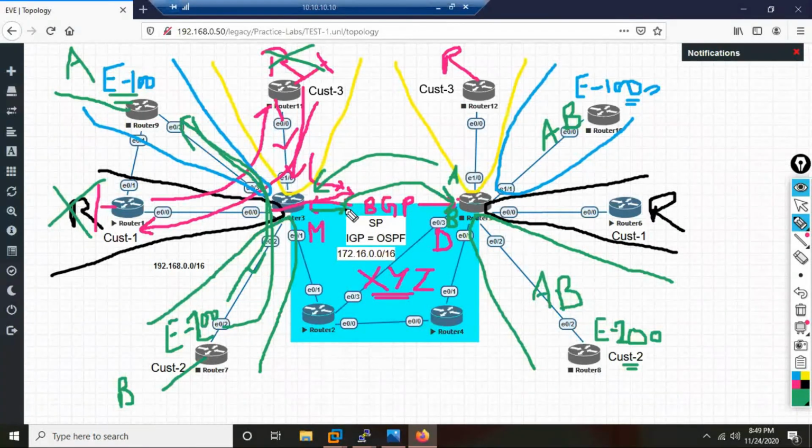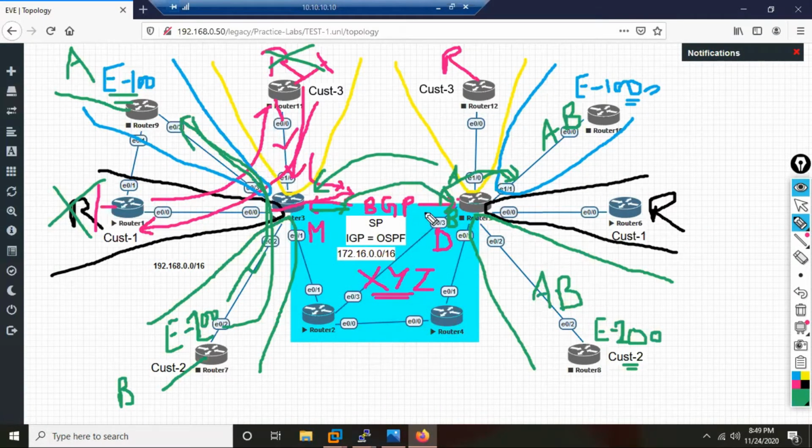In BGP, BGP will redistribute and forward the routes toward its neighbor R5. And when the routes land on R5, they are no longer OSPF, no longer EIGRP, no longer RIP. They all become what? BGP routes. And when you have these redistributions, if I go into EIGRP on R5 and say redistribute BGP, what will happen? Everything will get redistributed. Everybody's routes will leak to everybody.